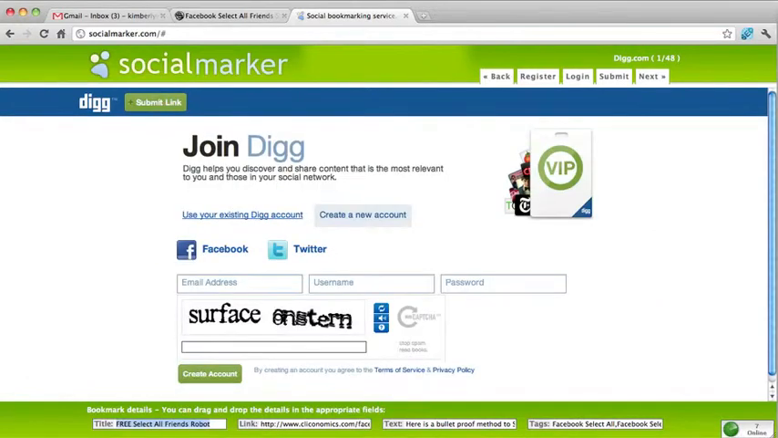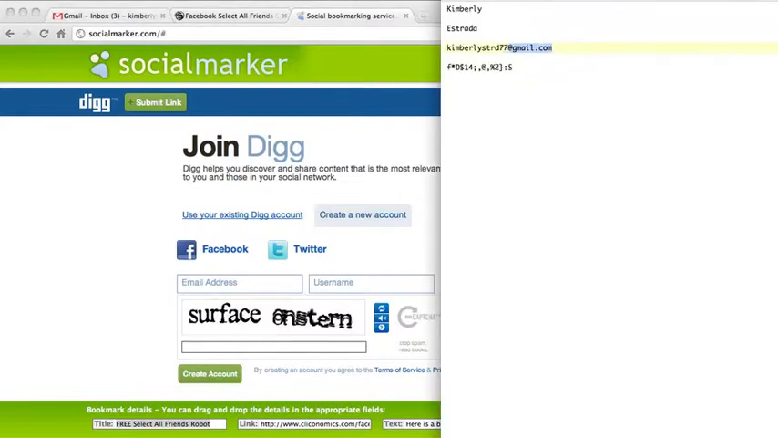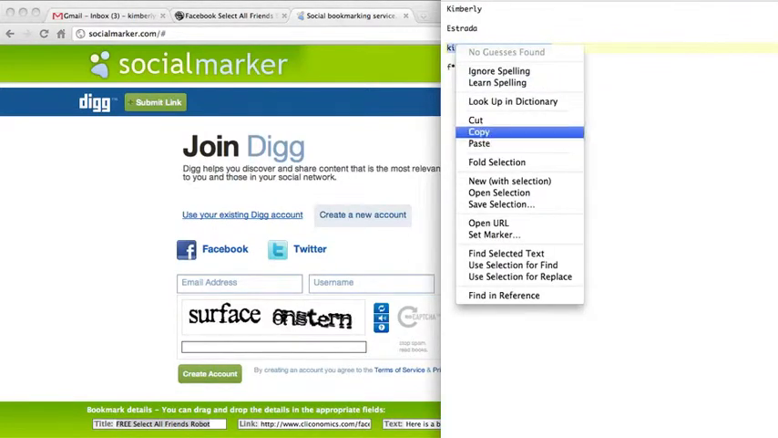So we need an email address, username, and password. Use the persona information that you gathered earlier. For this example, I'm using a persona I created called Kimberly. So we're going to enter in the email address,